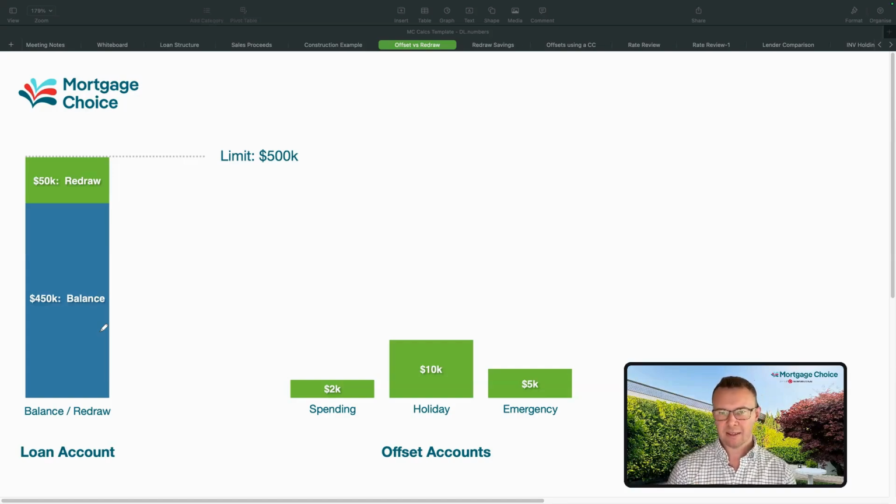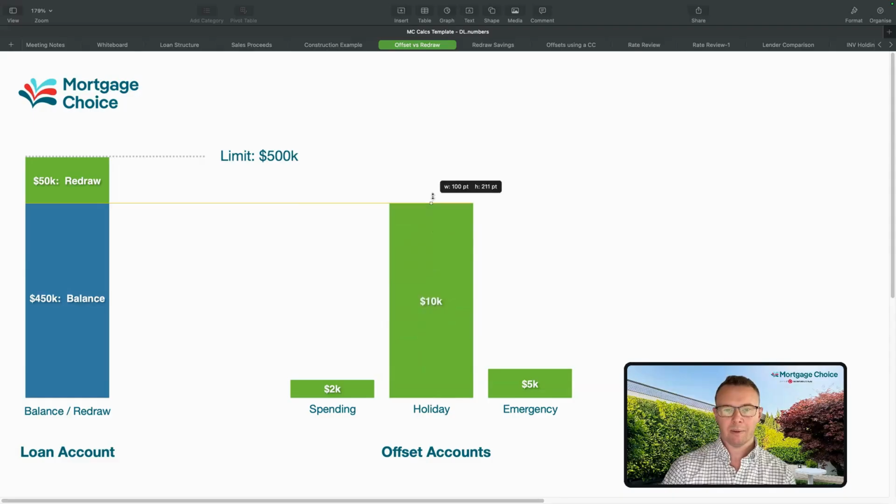One exception to that is what's called a non-ADI, a non-authorized deposit-taking institution. And what that means is that when they lend you $500,000, you owe them money. That's all they're allowed to do, lend you money. They're not allowed to hold a surplus of cash for you. They're not authorized to take a deposit. They're just repaying a debt, which means if, for instance, this holiday fund went all the way up to $460,000,